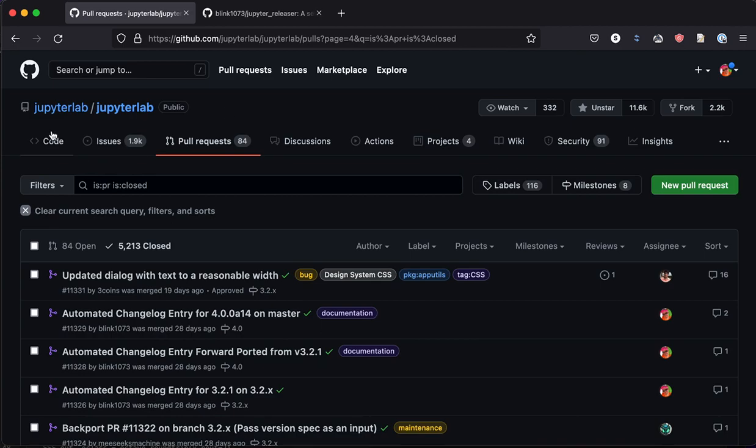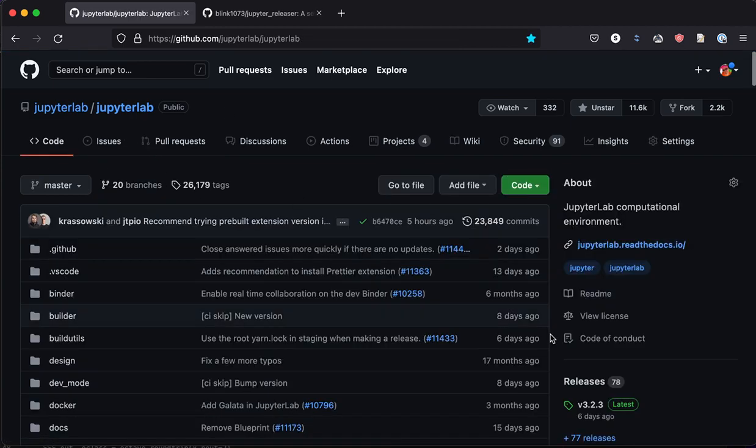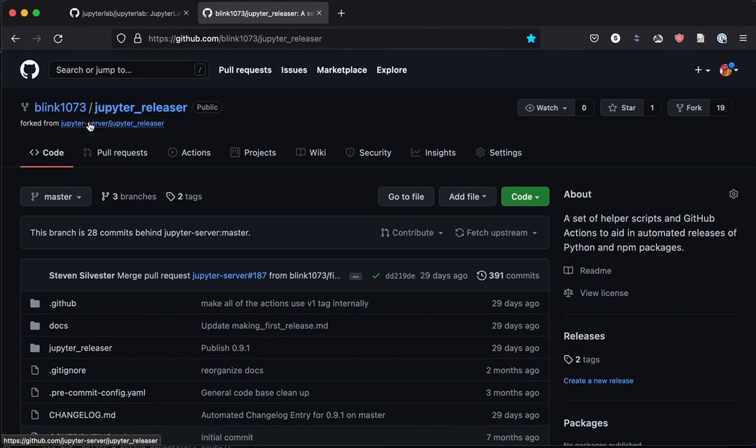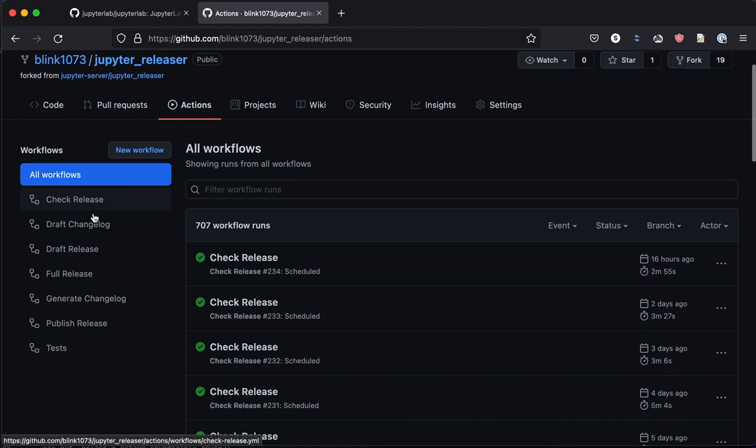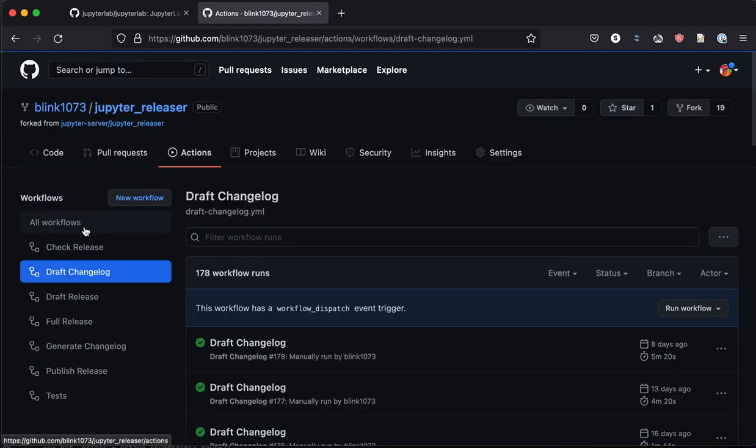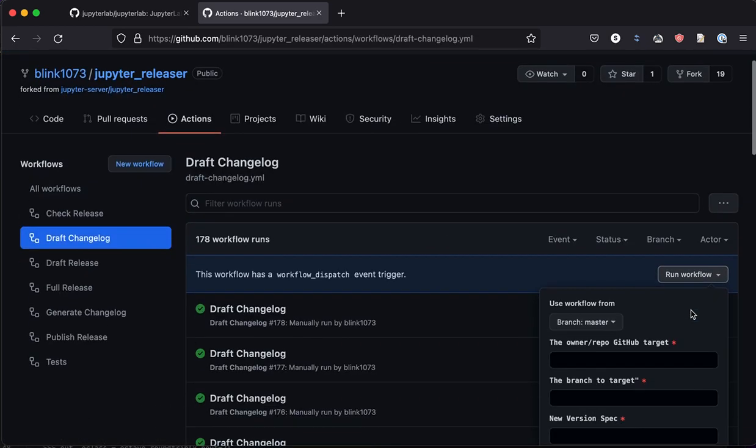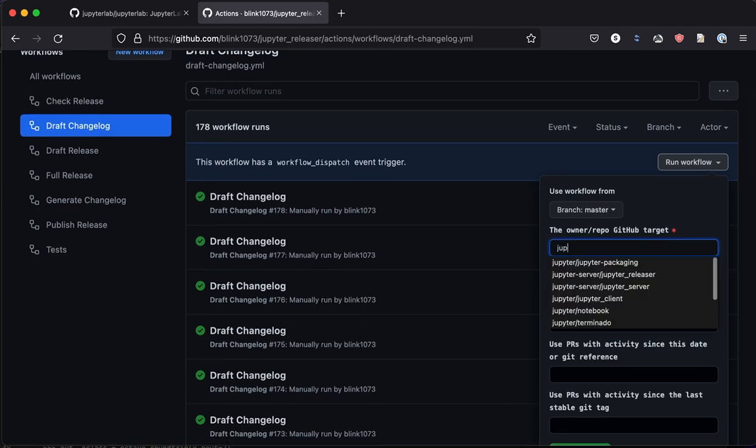So today we're going to make a stable release of JupyterLab. It'll be version 3.2.4. I'm going to go ahead and start by going over to my fork of Jupyter Releaser, which we'll use to kick off the process. I'm going to bring up the draft changelog workflow, and the options I'm going to give it are we're targeting JupyterLab,